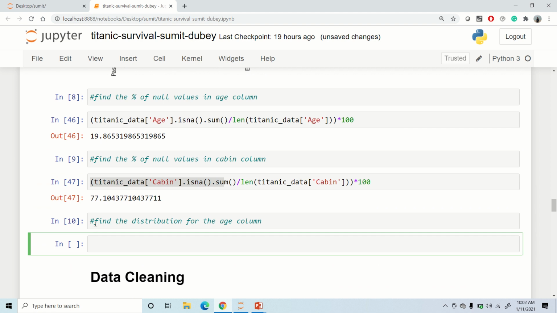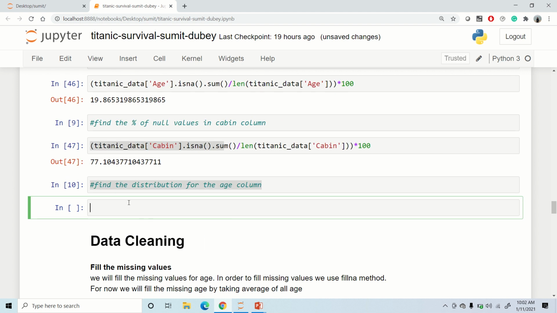Now I just wanted to tell you that for any column which is numerical, you can make use of a distribution plot. So here I am going to make use of the age column and plot a distribution plot in order to estimate the age of the passengers who were traveling in the ship.